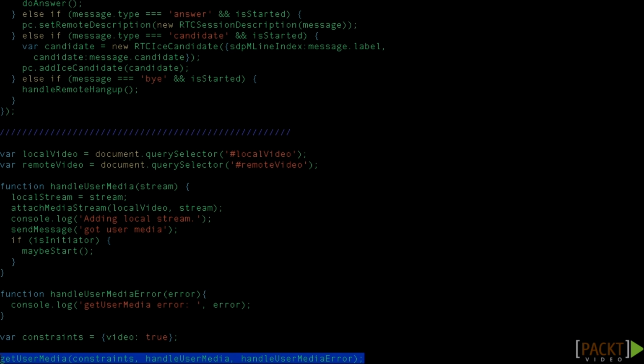If we take a look at how we get our media, we can observe that two callbacks are sent: handle user media for success and handle user media error. The first one is the success callback, and the second one is the error callback. If success, the handle user media function will be called, and will attach the media stream to our local video stream. Besides, at this point, maybeStart will be called if the current peer is the room creator, but the call